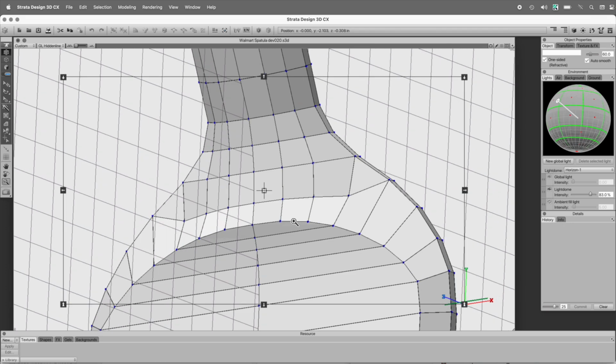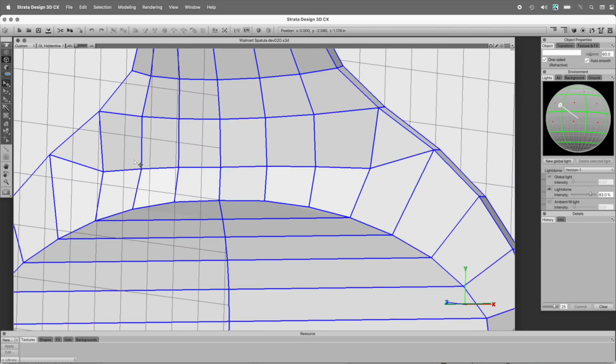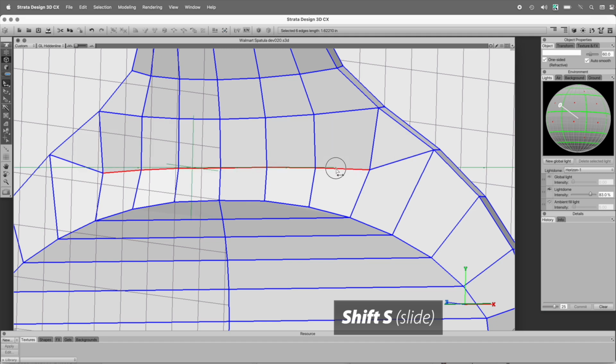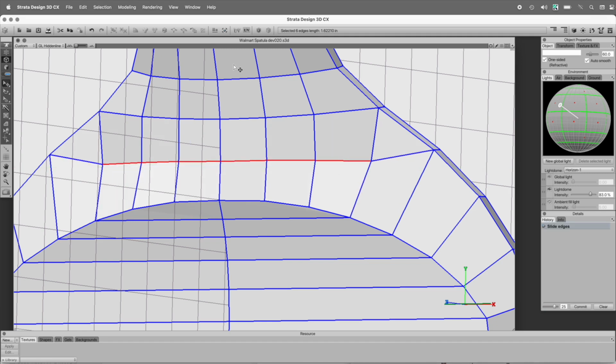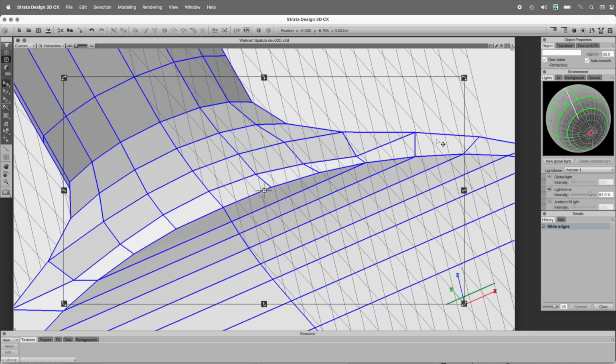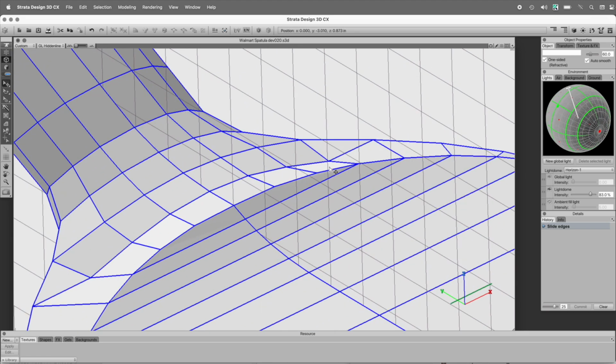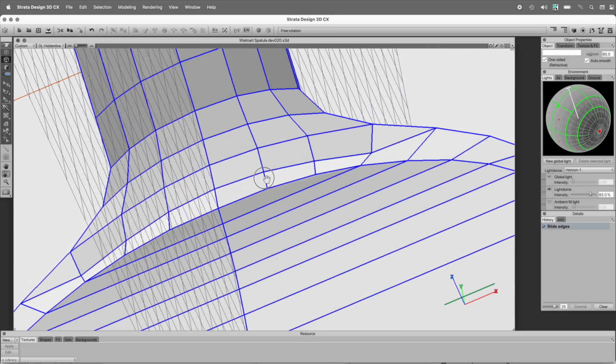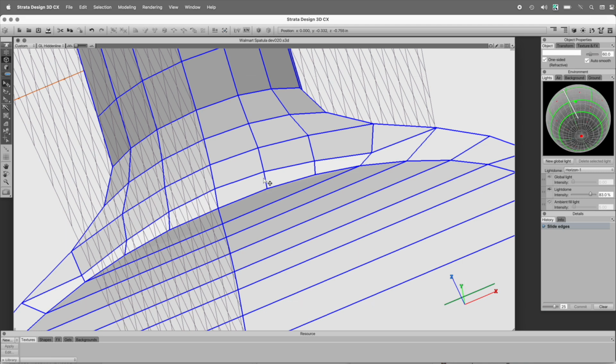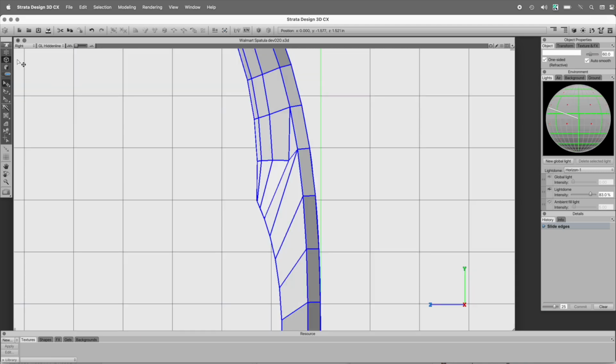I think what I want to do first off is take and redistribute these edges here to here, L key, Shift S, and you can see I'm just going to redistribute them so we have a little bit better equal distribution here. But when we look at that, you can see that the topology isn't worked out very well. There's a really interesting way that we can handle this. So if we come back over and look at this from the right view,